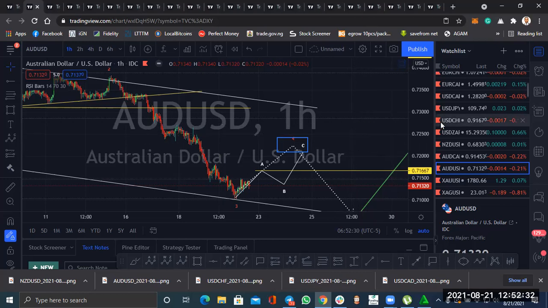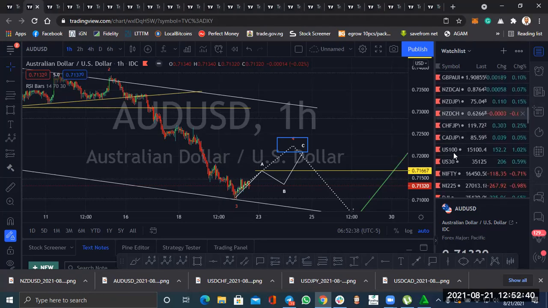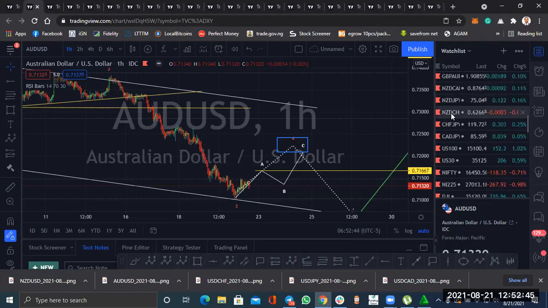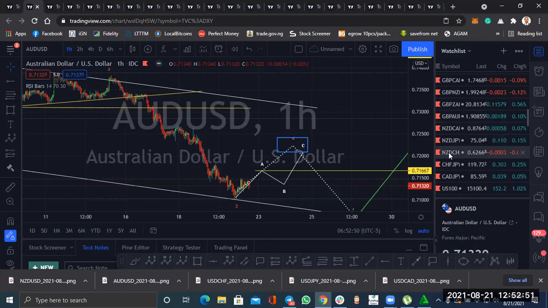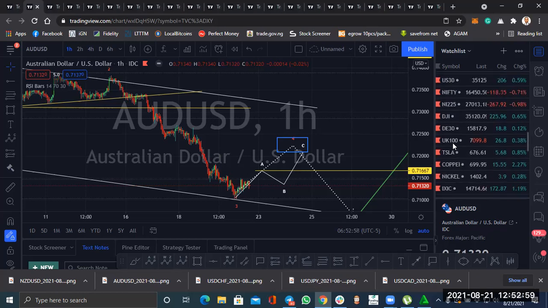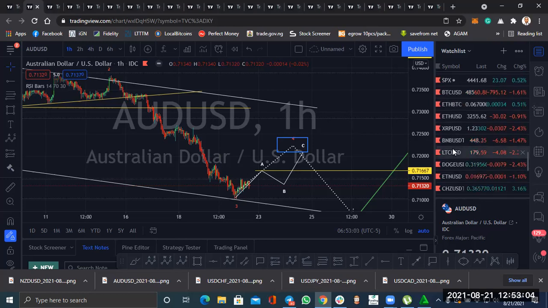After that, I will continue with gold, silver, pound pairs, CAD, CHF, and some other remaining New Zealand pairs and CHF pairs. Then after that, I always include copper and nickel. After that, I may combine cryptos on that because cryptos don't have much on them. Cryptos are going up, so not much on cryptos.